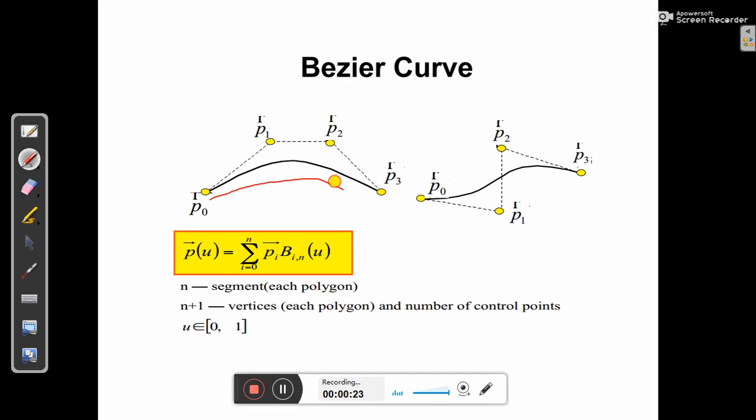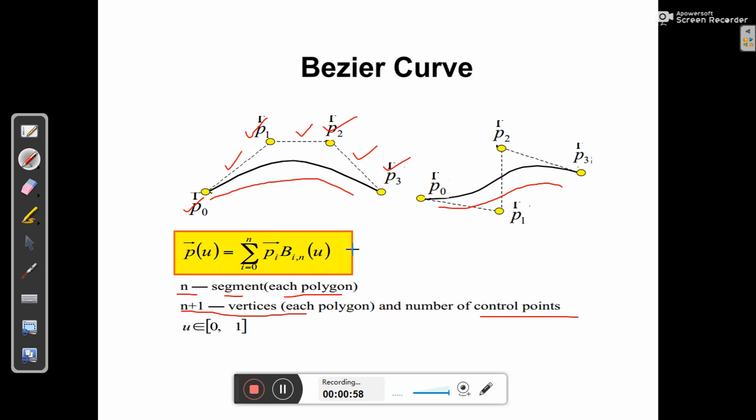a curve, or this might be a curve. To draw this curve we use some control points. Here P0, P1, P2 or P3, these are control points. And here you can see there are three segments of edges. So segments, and those are the sides of a polygon, and those are the control points. So if there are n number of segments, there will be n plus 1 vertices, or you can say